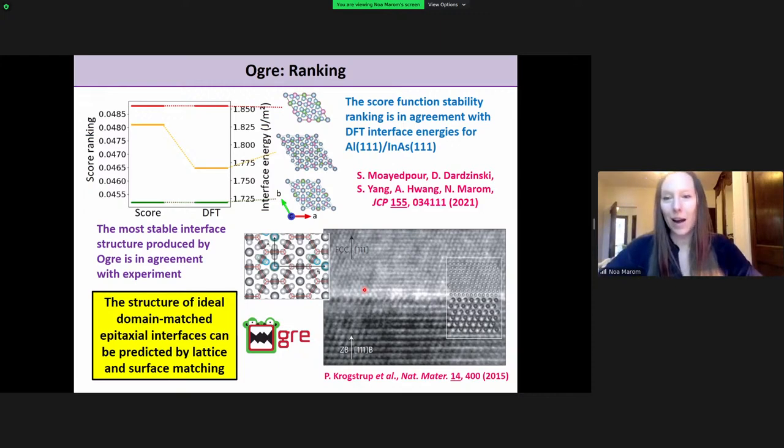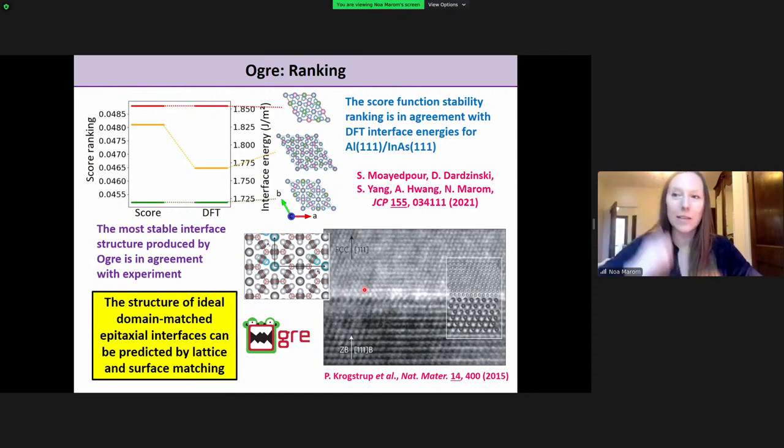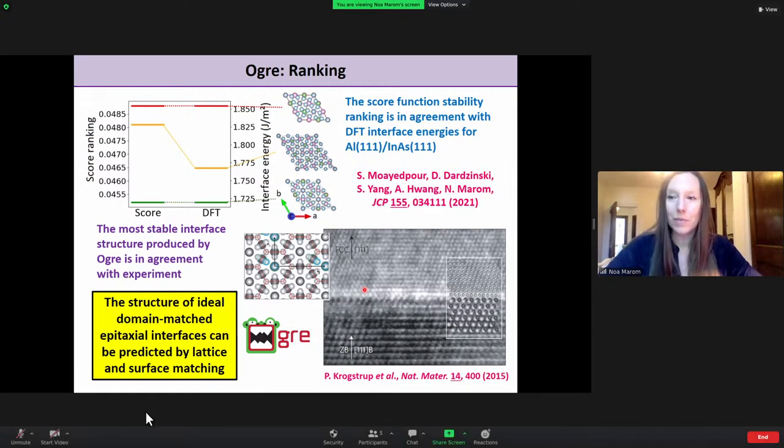So in this case, we knew what termination they had in the experiment. They had an arsenic terminated substrate, so we used arsenic termination. But if you don't know the termination, then you can do both of them. That makes perfect sense, of course. Thank you. So that will also be possible in the code. It will just check both. Yeah, you'll have to check both, and your C parameter will be different for each one. Yeah.